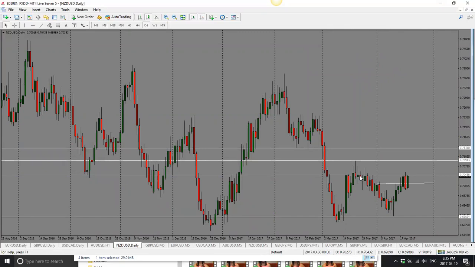Here we are. It has been playing around with this level for the last couple of days. We did see a nice bearish engulfing candle. However, the inflation numbers coming out positive does change this a little bit now. Normally, I would say the bearish engulfing candle, this red candle, gives it a really nice bearish tone to New Zealand dollar. However, with the data coming in, I think Aussie New Zealand dollar could be a pair to trade,